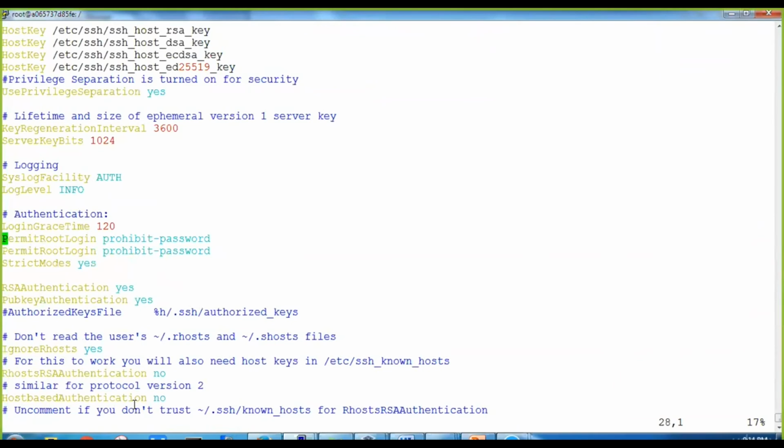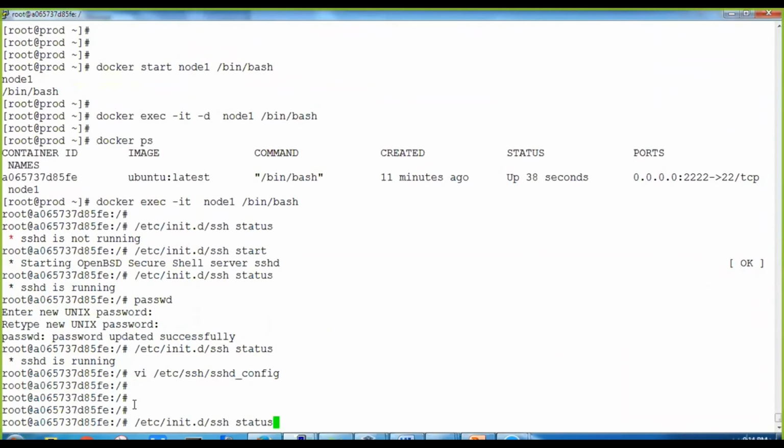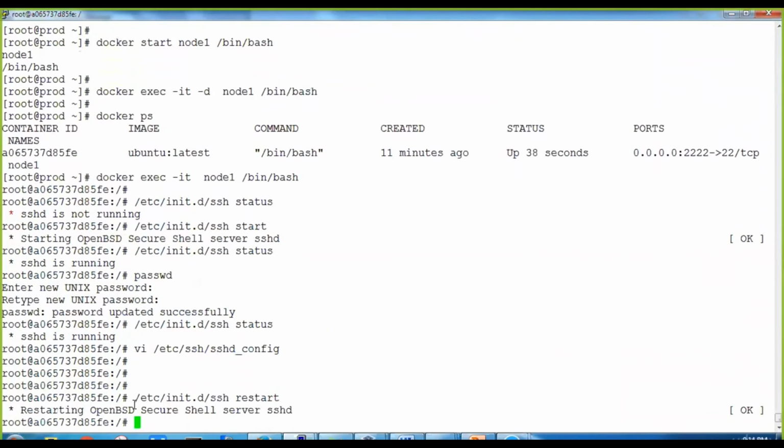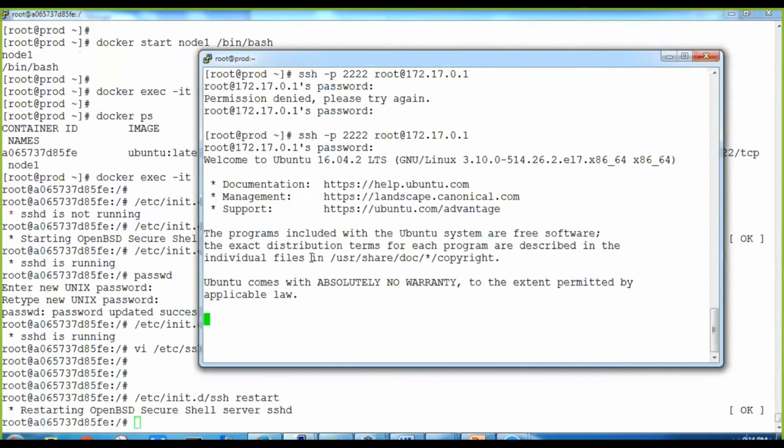So we'll comment this line, prohibit-password, and we'll say here PermitRootLogin yes, and we'll update it. Here we need to restart the service. So we'll say restart, and now we'll try once again. We'll cancel it and try to update the password.